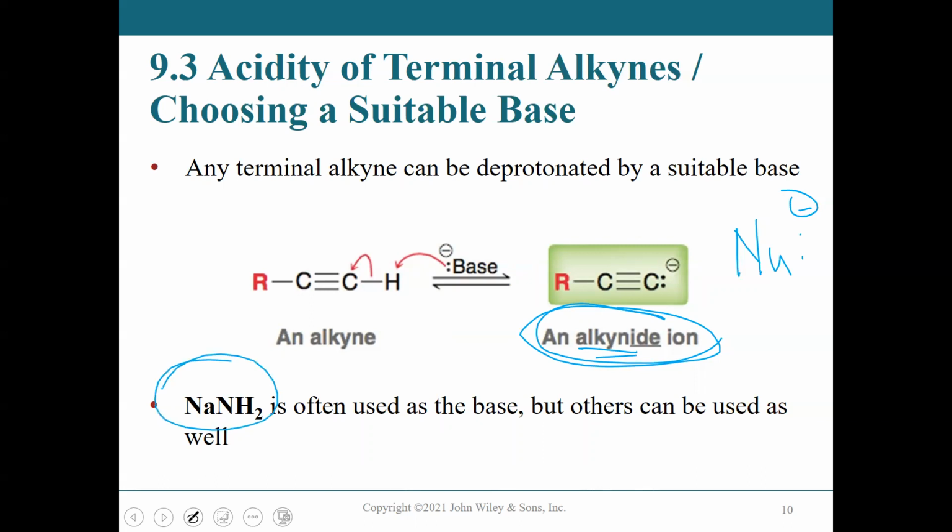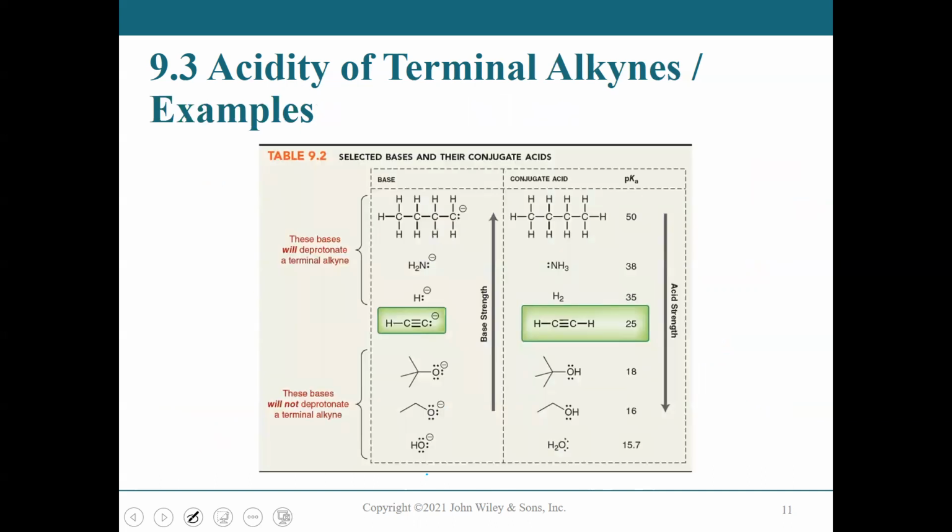Sodium amide, that's the formula, NaNH2, is often used as a base, but others can be used as well. What are those others? You can also use hydride ions, namely sodium hydride. It can be used to deprotonate that particular alkyne. There's some more; here there's a list. What can I use to deprotonate the alkyne? You can use any of these that I'm circling: the hydride, the amide, and of course the alkane anions